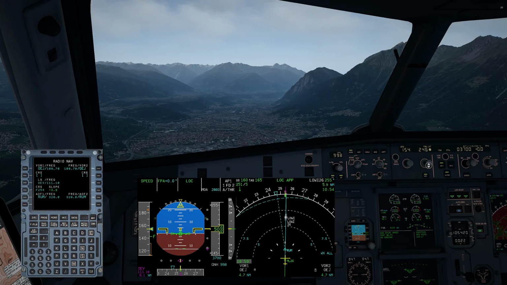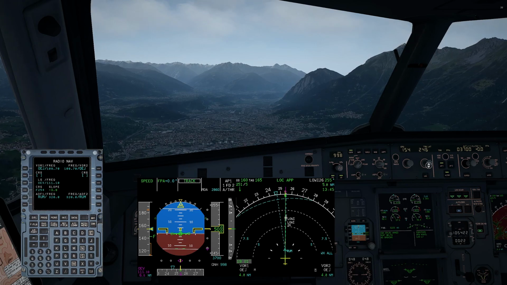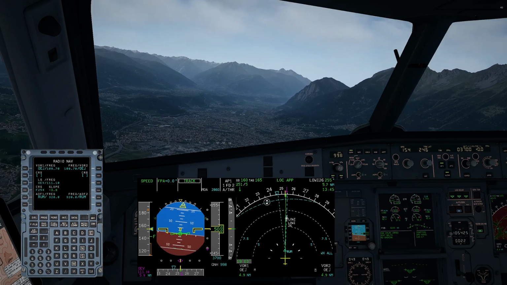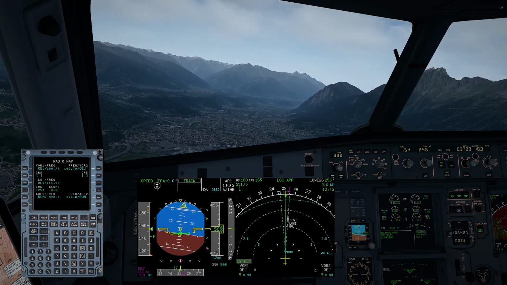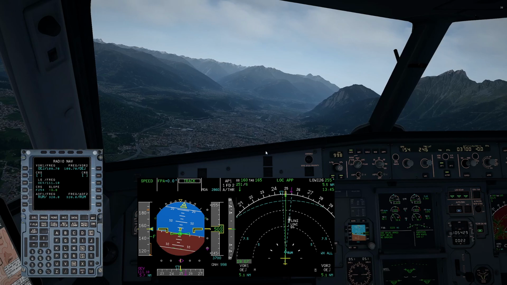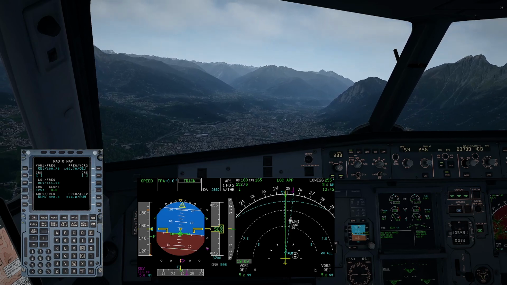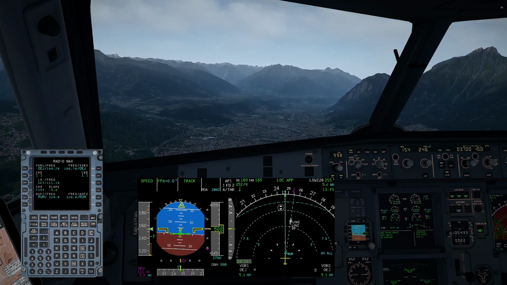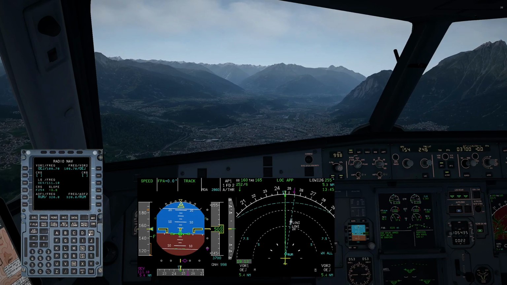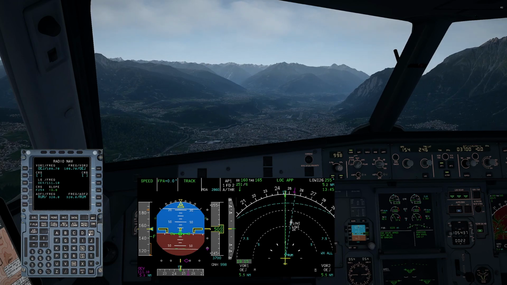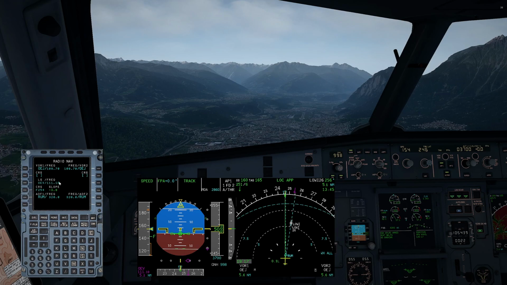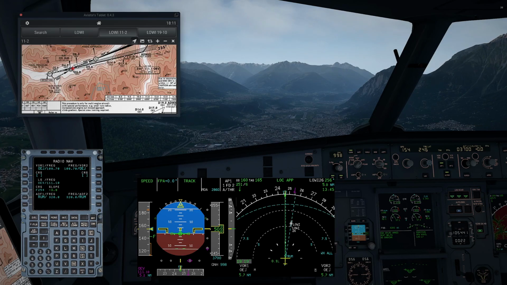Possibly a second late. 6, and we pull, and now we're going towards 246. So we leveled off and we're on track 246, and you can see we are on the line that we traced. Now at this point what we do, we change the rad nav, because for the missed approach we need